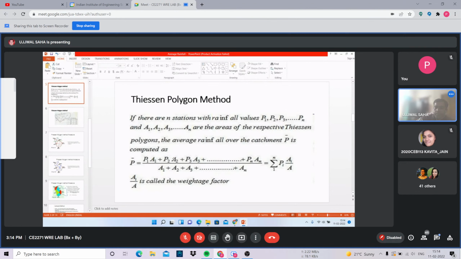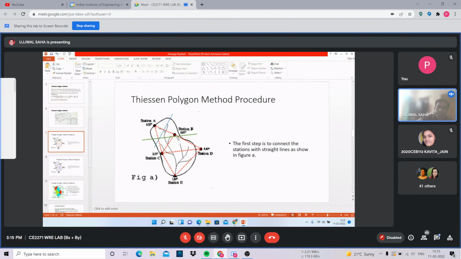So in a gist, what is the procedure? I have to join my stations in a triangular way, and I have to choose the triangles in such a way that the minimum angle of the triangle will be maximum. Around different options, the triangle should be such that no angle is very small. It should be as big as possible. So like this way